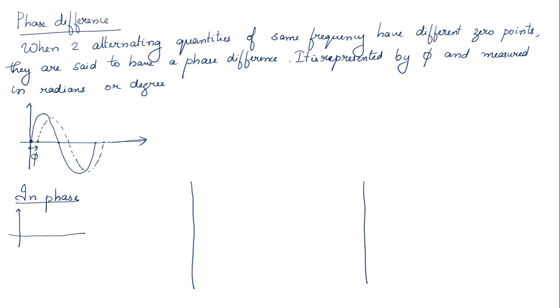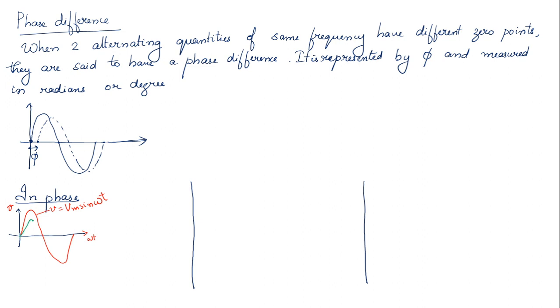I'm going to mark two waveforms. One is a voltage one and the other one current. Okay, we are going to use two different colors to identify which one is the voltage and which one is current. So I'm going to mark the voltage waveform like this. This is the voltage waveform. Okay, and this will be represented as V is equal to Vm sin omega t. So I'm marking here both voltage as well as current. Okay, here it is omega t. Now I'll represent here the current waveform using another color.